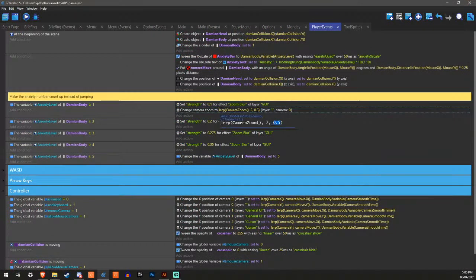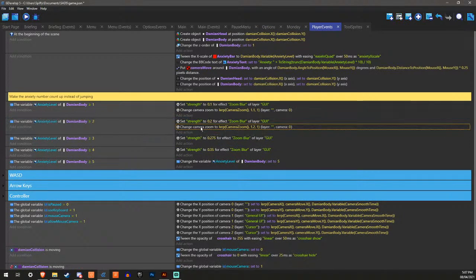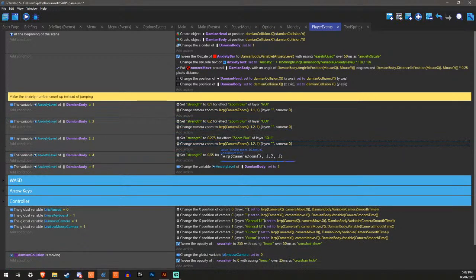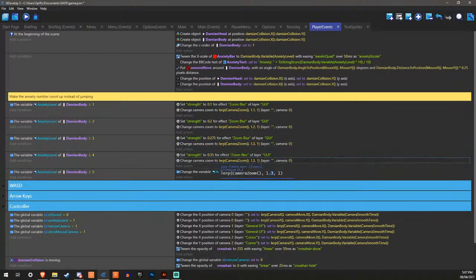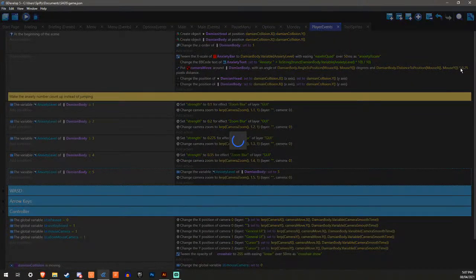Let's do about 1, and then 1.1, and then over here 1.2, and then 1.3. 1.3, 1.5. Awesome.